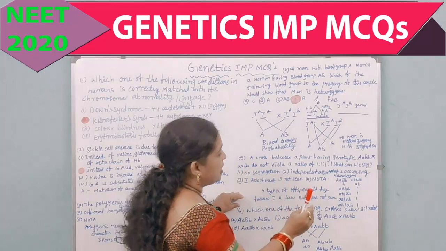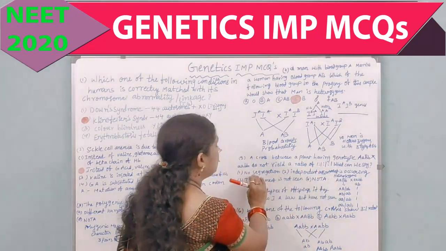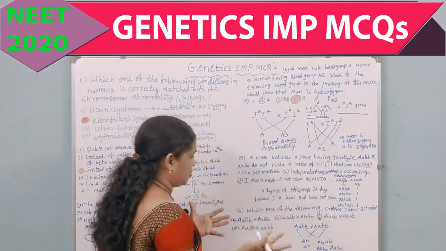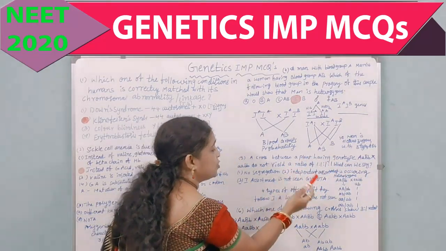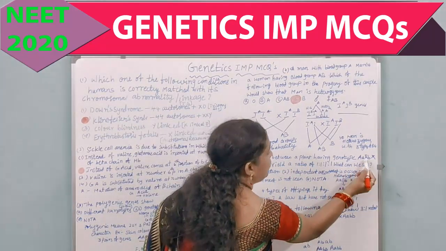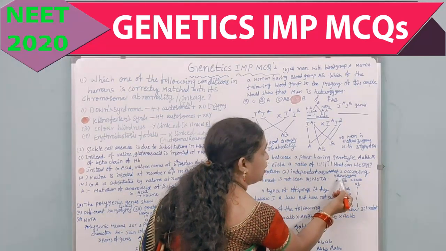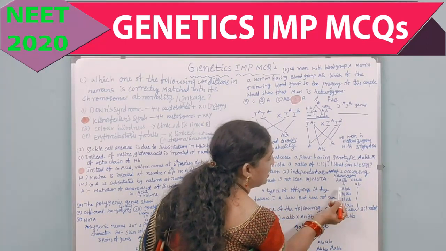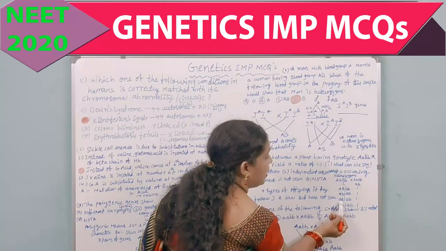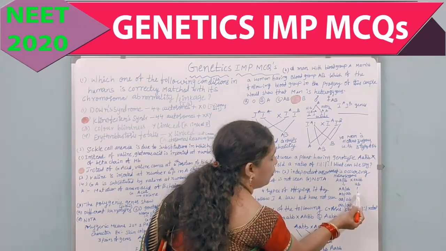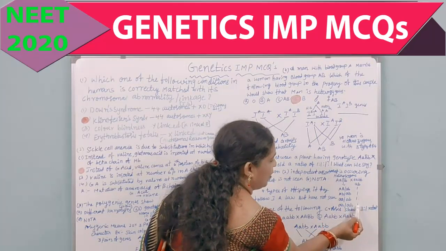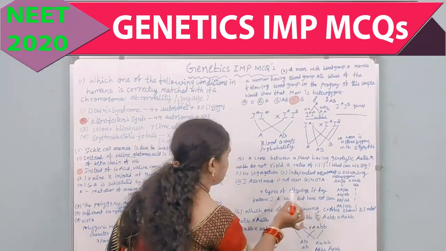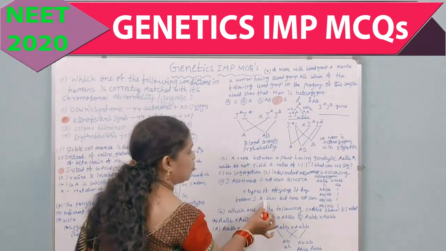So let us get into this one. Here, no segregation, we can't say. Independent assortment is occurring, it's not there. Independent assortment is not seen. How? I will tell you. Here we are taking heterozygous gametes, and when we are crossing, the probability will come like this: AB, Ab, aB, ab. And you are going to get the 1:1:1:1 ratio. So here we can say there are four types of offspring if they follow the law of independent assortment.